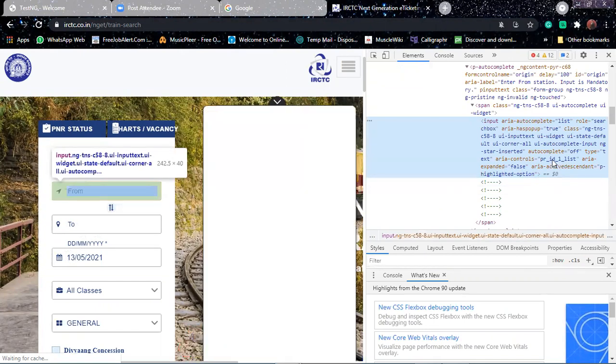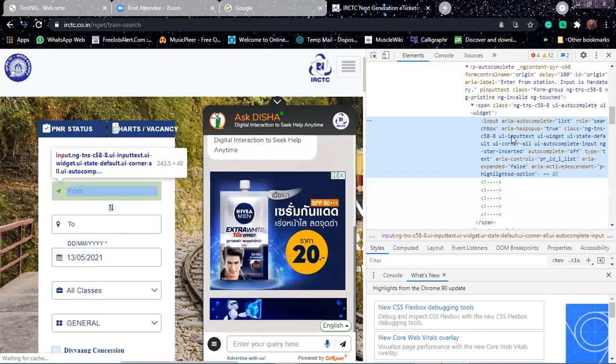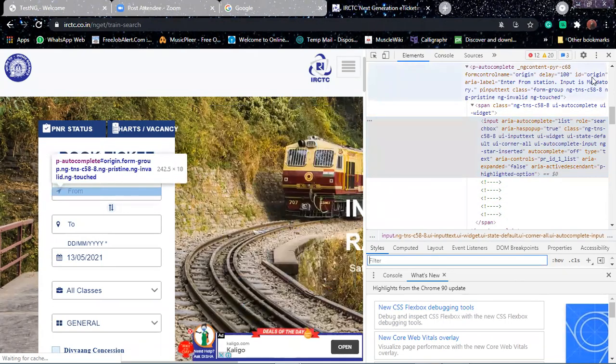It says ID 1 list 1. No, not that one. It should be ID. Can you see the control on the top right here? Origin, yeah, that one. That is where you see origin is the particular ID.